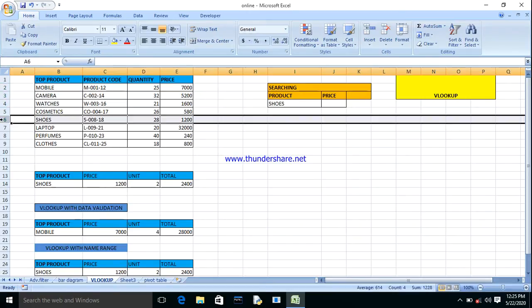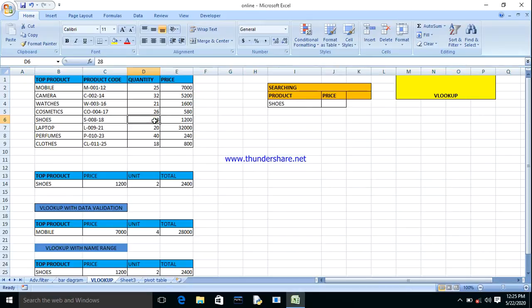Yes, here is the shoe, and the price of the shoe is 1200. But if I use VLOOKUP, it is much easier to find the price of your product. Here the data is very low, meaning a very small quantity of data.